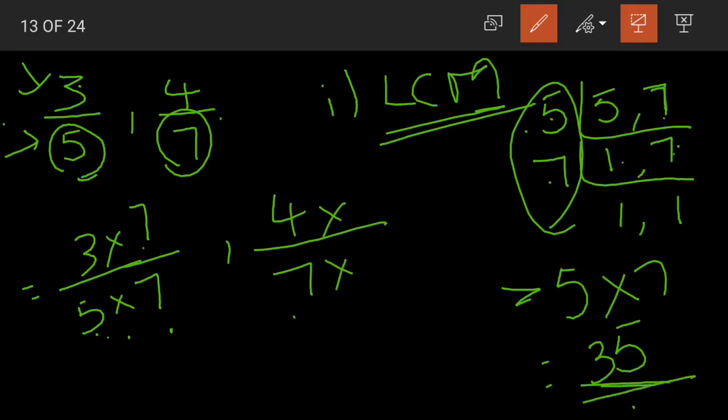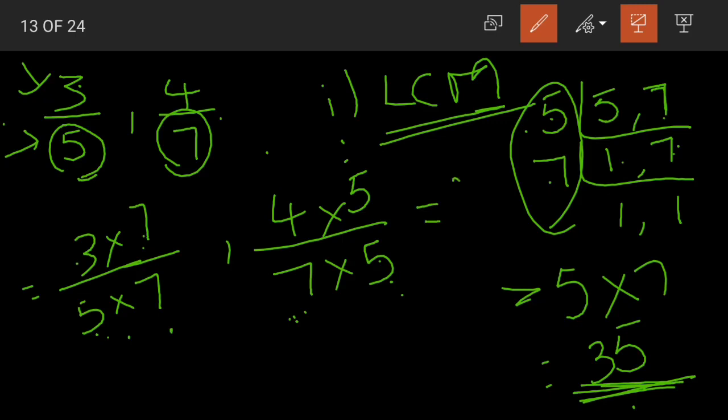Again, here 7 is the denominator. The LCM is 35. Now what should the 7 be multiplied with to get 35? 7 5s are 35. Yes. So when we multiply 5 with 7, we will get the LCM 35. So we are multiplying both the numerator and denominator with 5. Yes students, as I said, we should do the same thing with both the numerator and denominator. You cannot simply multiply the denominator here.